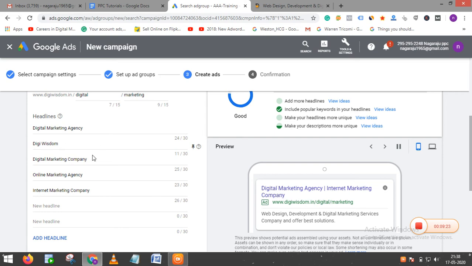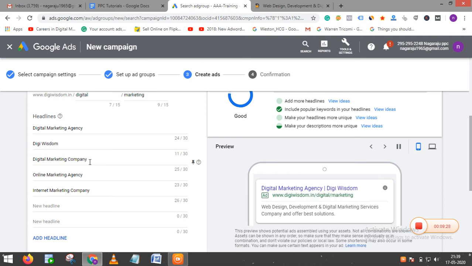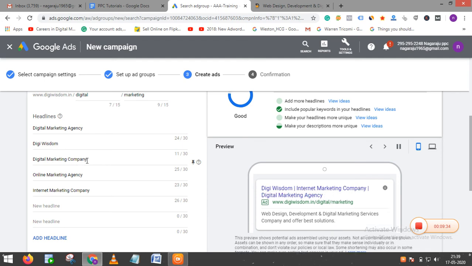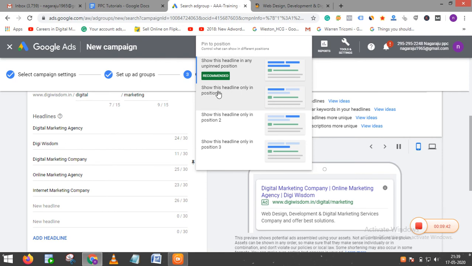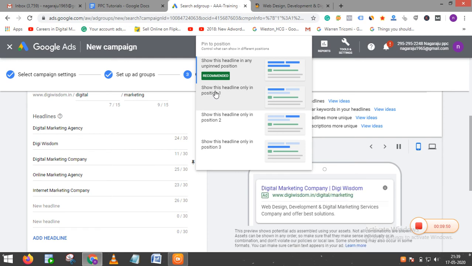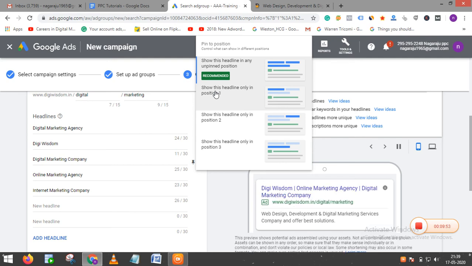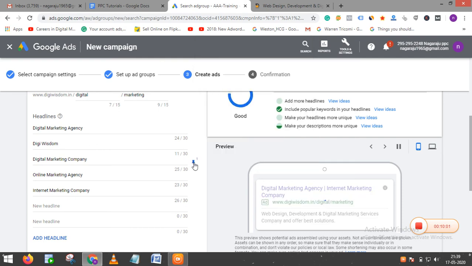For example, this digital marketing company, I want this text in my H1. I want this digital marketing company to be in headline 1. So now I just pin this. You just click on this pin symbol and you can set this as your headline 1. Now see, it shows this headline only in position 1. Though you have 15 headlines, Google will show this digital marketing company headline in H1.